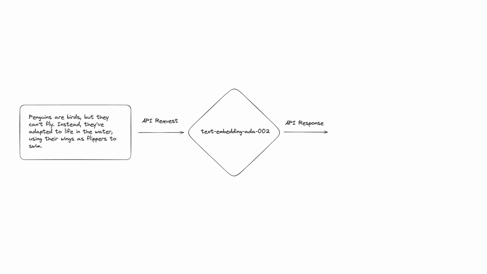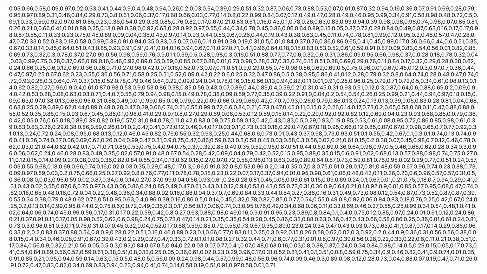So we supply a piece of text to the model, and it will return to us an array of numbers. Each number is a coordinate in multi-dimensional space. In our earlier example, we had just 2 dimensions, x and y, so we plot the data with just 2 coordinates. But a model like OpenAI's text embedding ADA002 would return 1,536 coordinates, each representing a single point in